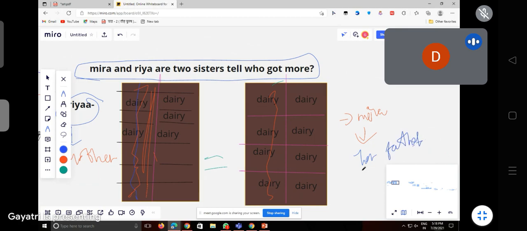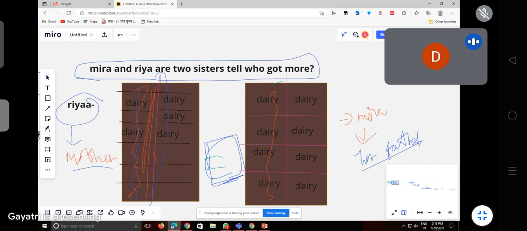Now we want to see how much is left with whom, and means how much more, who has the most, right? So I'm making a box here to explain you also. Now just take a look at these 2. So this pink line, you all can see this pink line which I'm circling out right now.